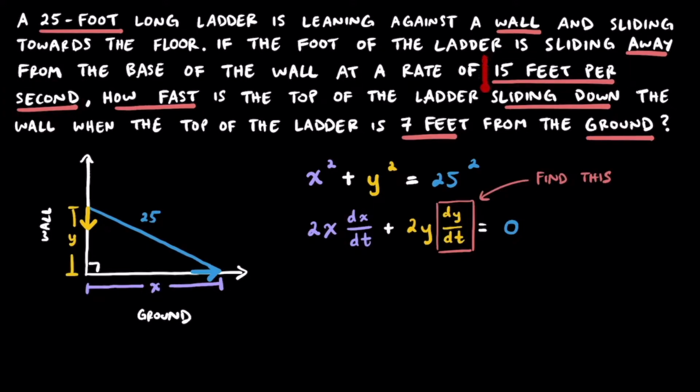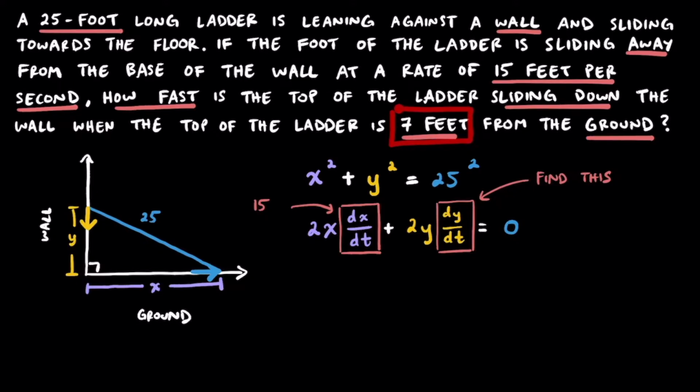Now, since we're told in the problem that the base of the ladder is sliding away from the wall at a rate of 15 feet per second, that 15 is really what we're saying is the dx/dt, or the rate of the horizontal change. Now, another piece of information that we haven't actually used yet is the fact that the ladder is currently 7